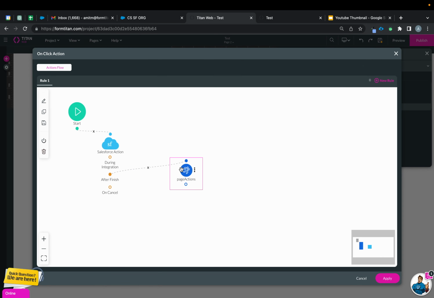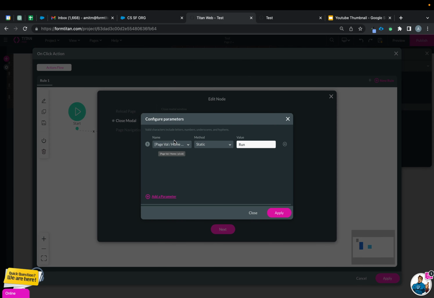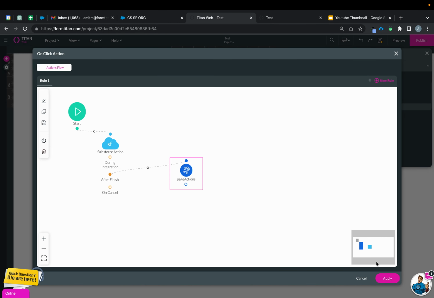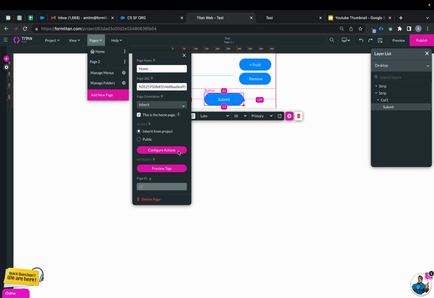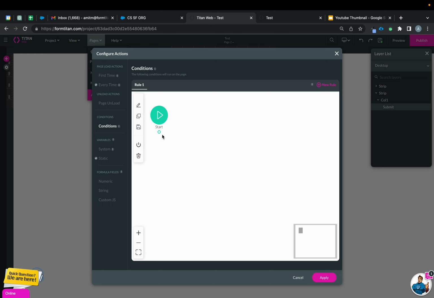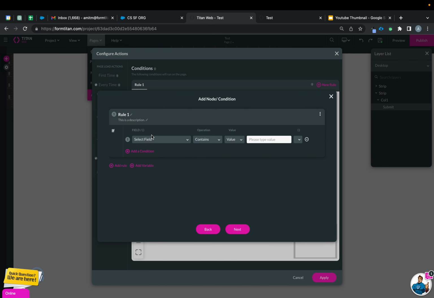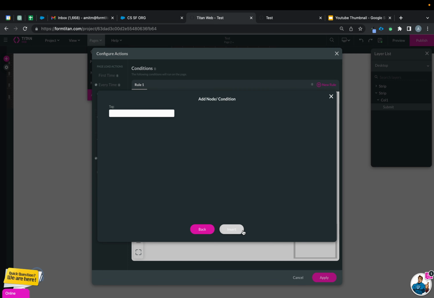Now on page 2, what you want to do, save and continue. Once this is submitted, you want to close modal, set parent parameters, and then P1 refresh will receive the P2 context ID. Because what happens is on each variable, when you go page to page, the variable disappears, so you have to pass it back and forth. So P2 CID will go here, and then when that is true, if you click save, and then go to here, configure conditions, we can say if P2 refresh, not P1, sorry, P1 refresh is not empty, then